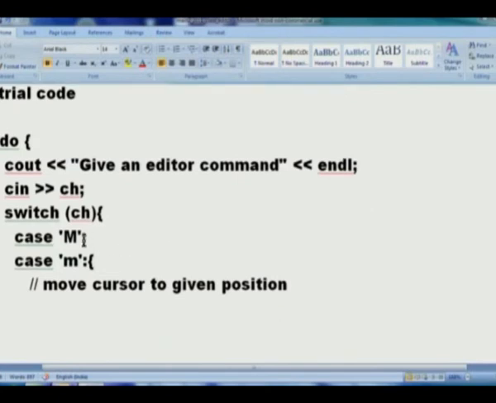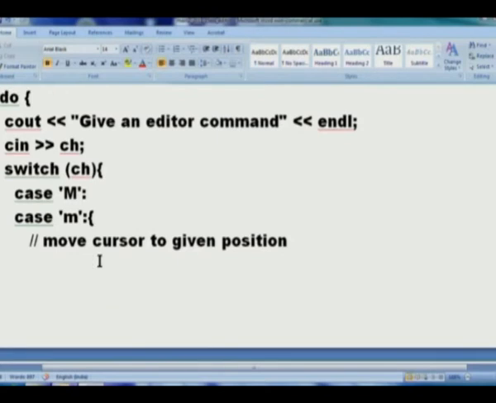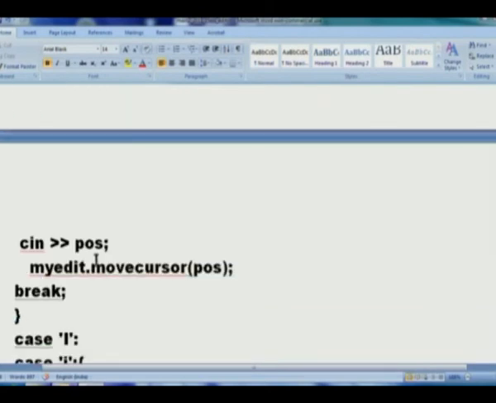Now based on what that character is, I have to do one of the several things. Look at the case statement. Case capital M colon, case small m colon. Why? Because somebody may just type M thinking move is M. So capital or small, I would not like to trouble. But once he says move cursor to the given position, I already have an internal function to do that. I will of course have to read position, to what position he wants to move.